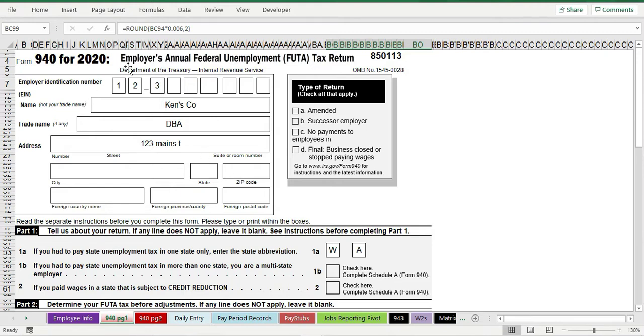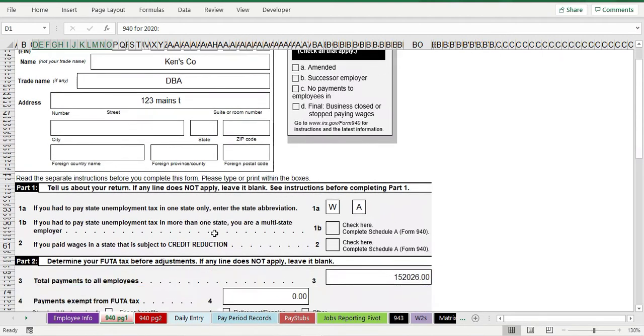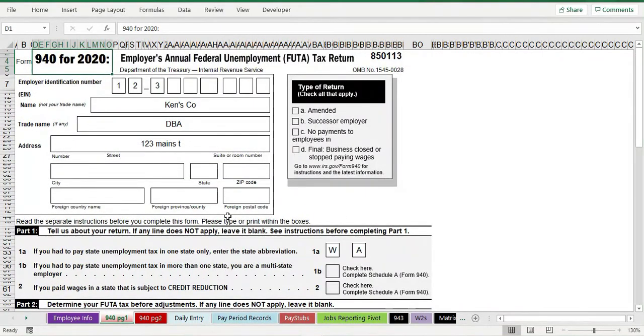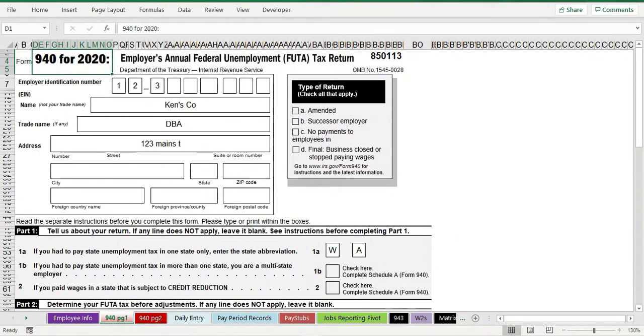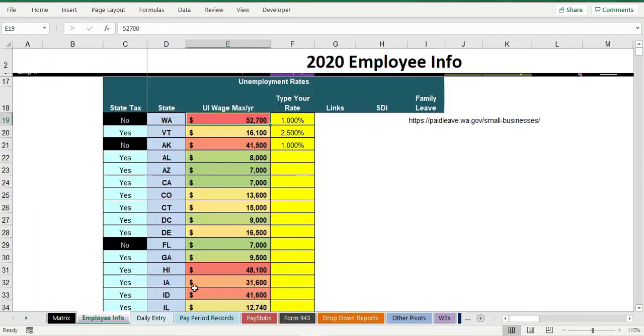There's an annual filing. The reason I just changed that to 2020 was that the upcoming year is coming. I don't think there was a 2020 form available yet because it's due after the end of the year. You can't know your final unemployment numbers until the year's over, unless you closed up shop before the end of the year, which unfortunately a lot of businesses did this year. But the point is you have to file this thing, and instead of just giving you an export of the data, which